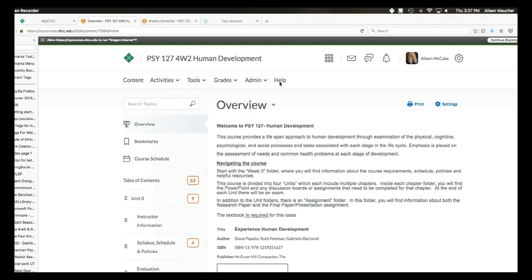If you're having a technical issue, again, you want to reach out to tech support first, but you also want to send me an email letting me know that you're having a problem and that you've reached out to tech support and asked for help. The first thing that you want to do is navigate to content and then click on overview. So we'll arrive at this page right here, and you can certainly read this on your own time. I encourage you to take your time and read all of the materials carefully.